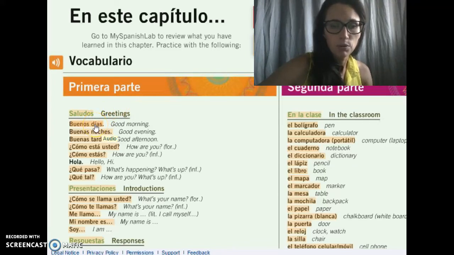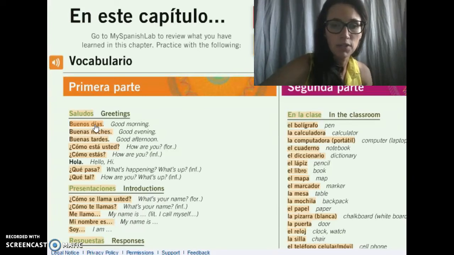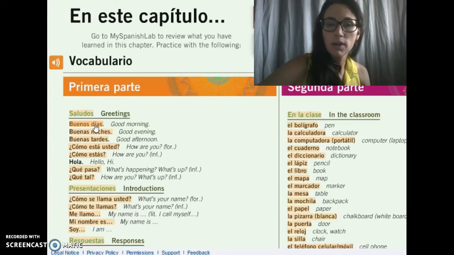I've had students who like to print or make a copy. If they're using the print textbook, they'll make a copy of it. If they're using the e-text, they'll print it and then have it just on hand all the time. You know, when you're writing a composition, when you're doing homework, anything, you just are always able to refer back to this page. And by the end of the semester, you'll have 5 of them because we'll have 5 chapters, but then you can pull from all of that vocabulary when you're doing your work.